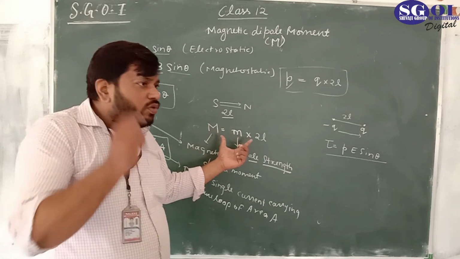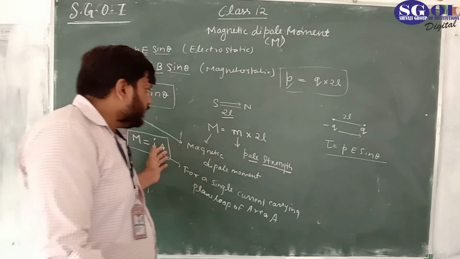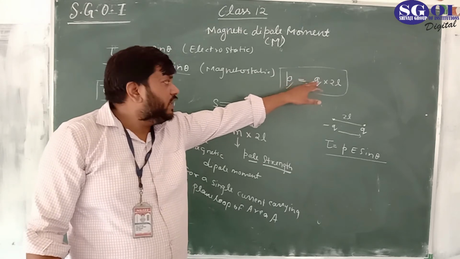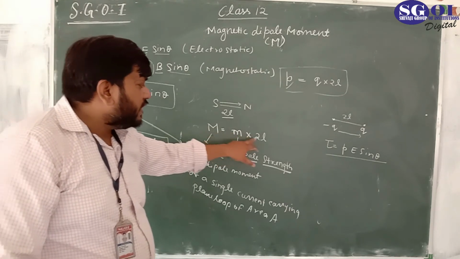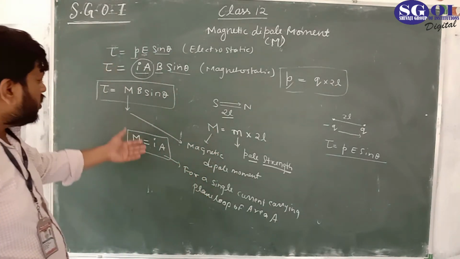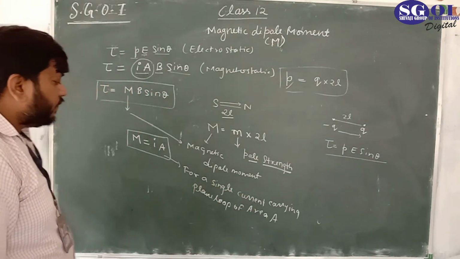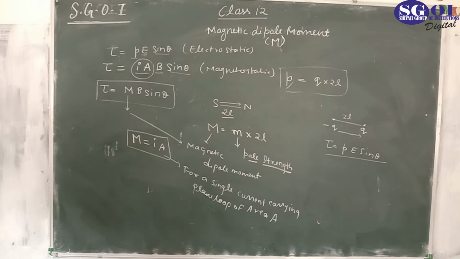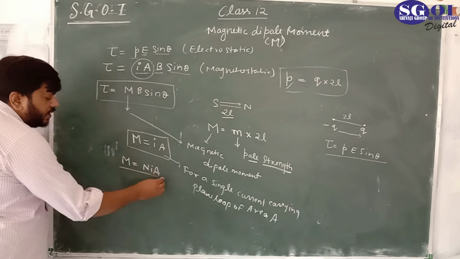But if you are asked the question, what is the magnetic dipole moment, you have to write this definition, not this one. This is the basic definition. There, as we have studied, this was the basic: P into Q into 2L. So here it is the product of the pole strength and the distance between the poles that is called the magnetic dipole moment. And this is also equal to m equal to IA, but this is for a single current carrying loop of area A. If there are n turns, obviously this is m equal to n I A.